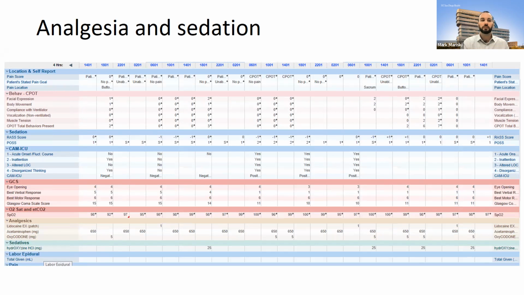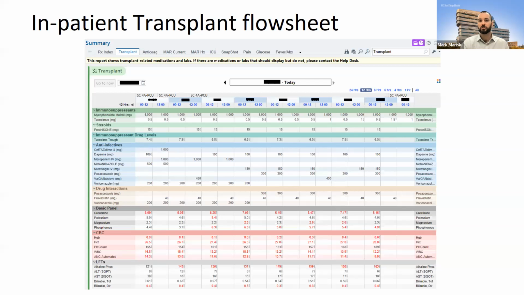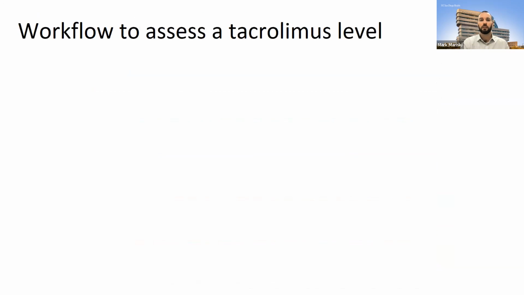We have pain flow sheets. There's a lot of different ones. So several years ago, we realized how useful these were, and we said we need one for transplant too. And that's what led to the advent of our inpatient transplant flow sheet, which has been super useful since it started. I'll get into the different parts of this, but before I do that, I just wanted to go through